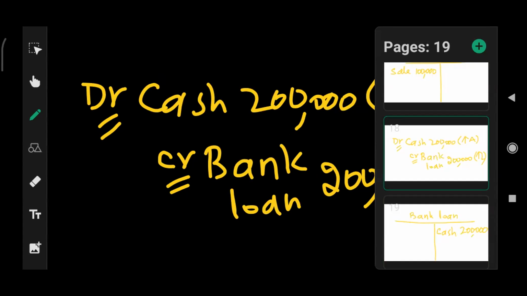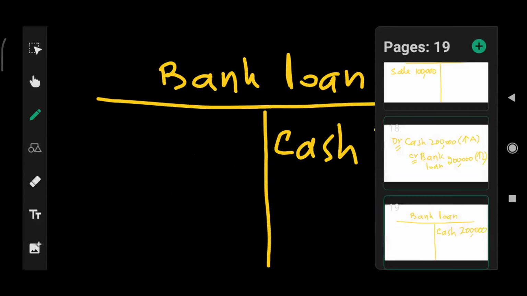I am just doing the same procedure again and again, just to make you guys understand how to post the transaction. Let's go for another transaction. He paid 2,000 interest on loan to bank. Interest is an expense. Remember, interest is an expense. So that entry is debit